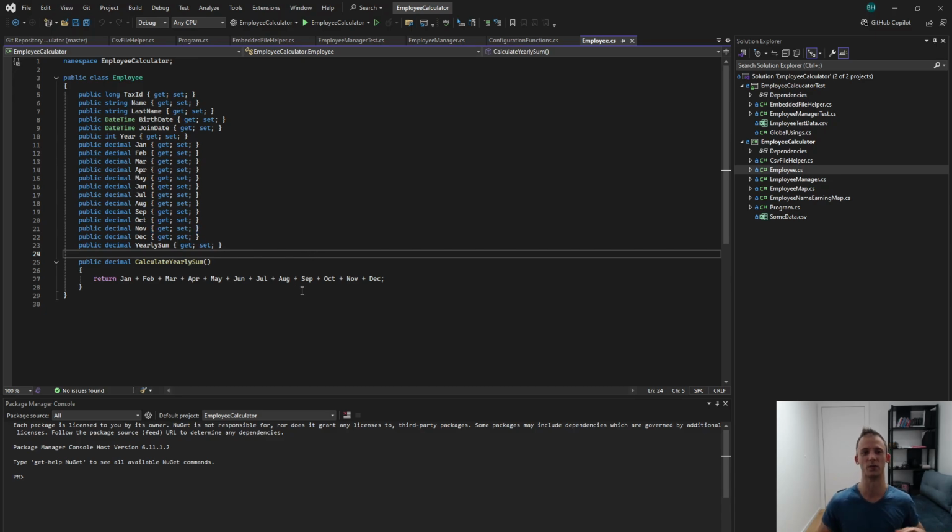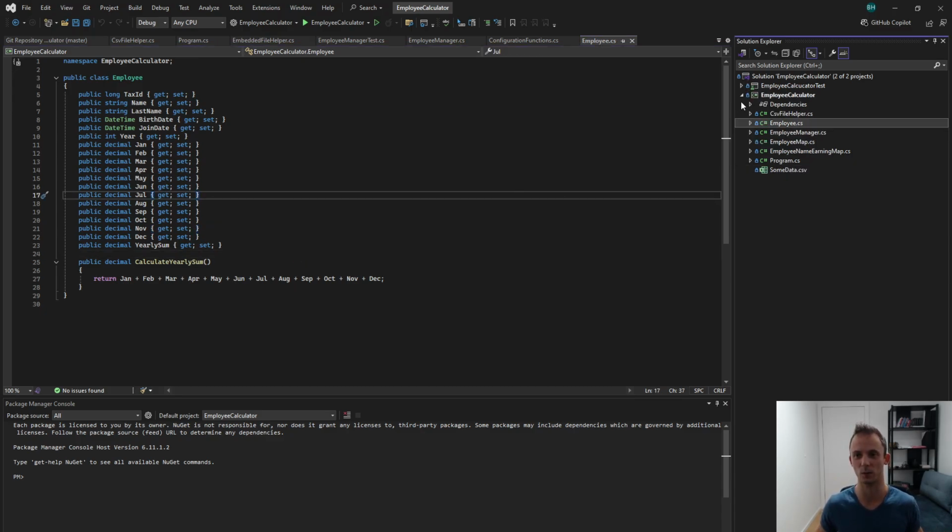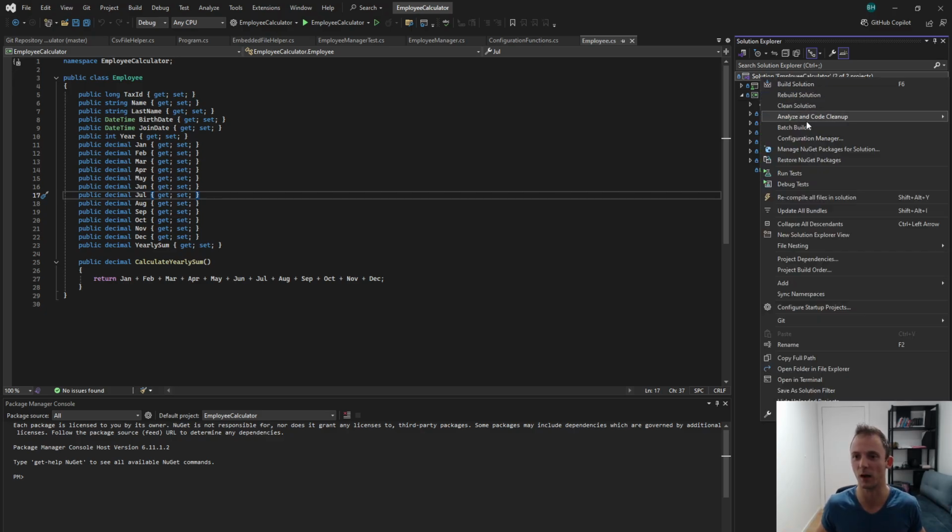Let's go through the code. So first of all, we will again use code written by smart people. So we will use Entity Framework. And a good practice is to put this code in a separate library, because it will be responsible for all operations with SQL database, for storing, for instance, employees, and later on retrieving them, maybe updating, who knows what we need to do. So I'll create a new project,